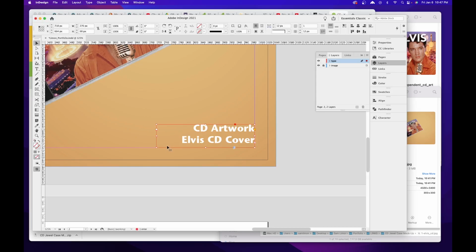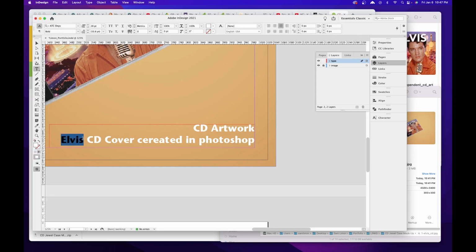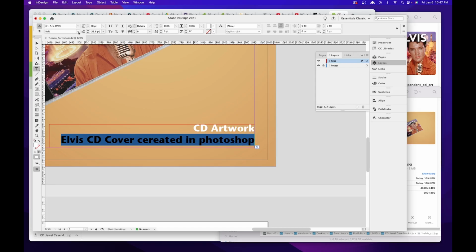And I'm going to click on my selection tool. I'm going to open this up a little bit, and I'm going to double click and highlight all of this, and I'm going to change this to ATC Onyx Normal,